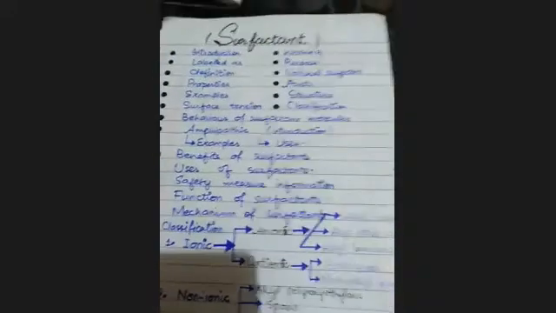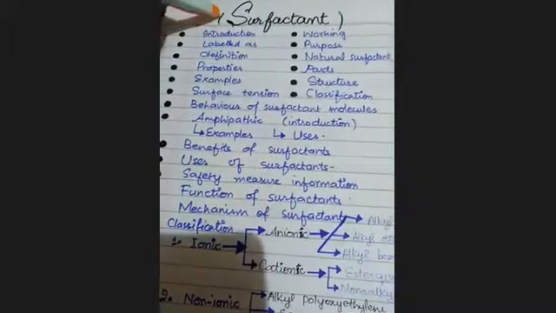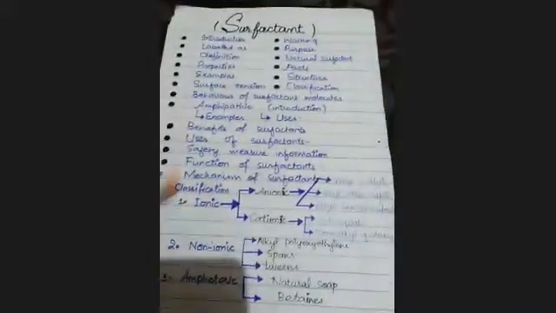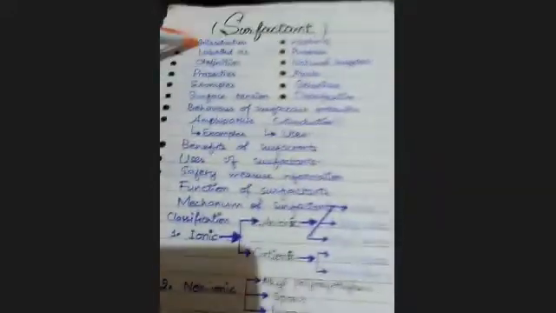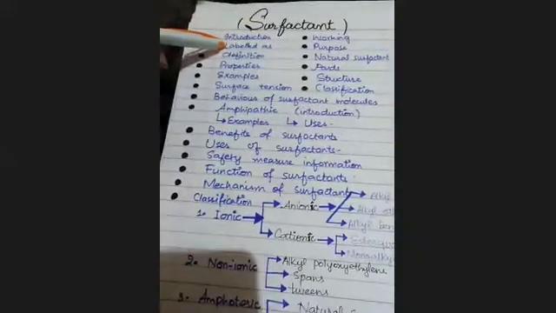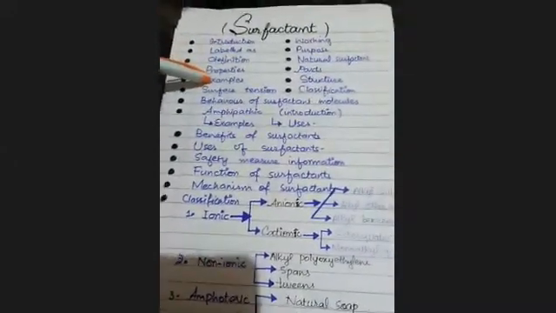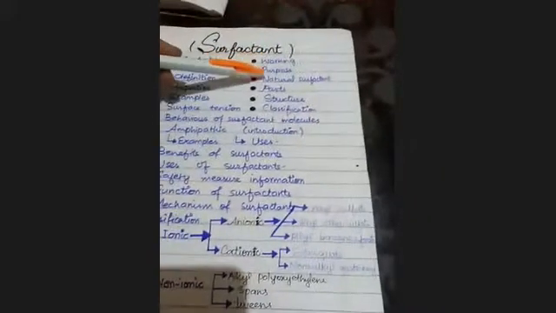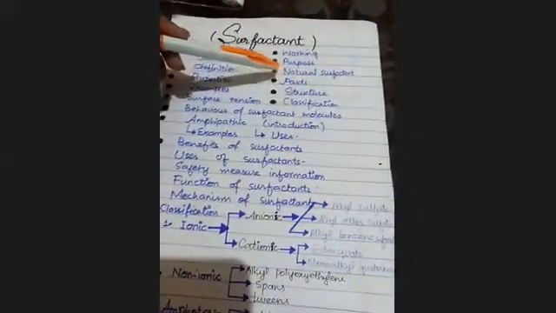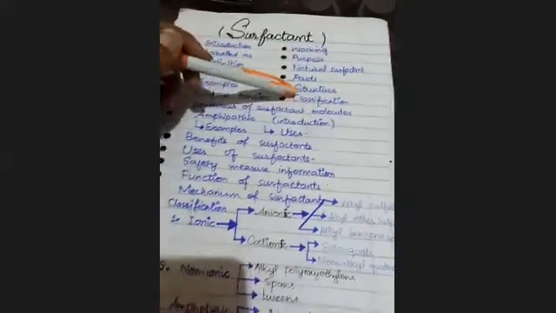Now I'm going to talk about the minor topic of my presentation, and the first one is surfactant. The presentation layout is this. These are the topics I'm going to talk about furthermore. First is the introduction of the surfactant and the other names of the surfactant, its definition, its properties, its examples, its working, its purpose, its natural surfactants, parts, structures, classifications,